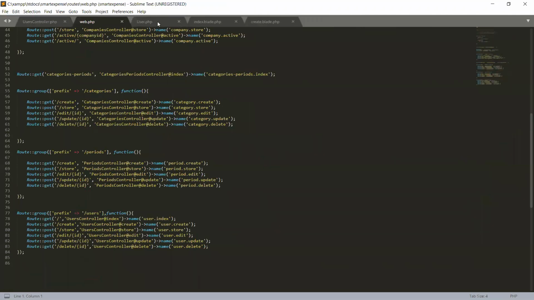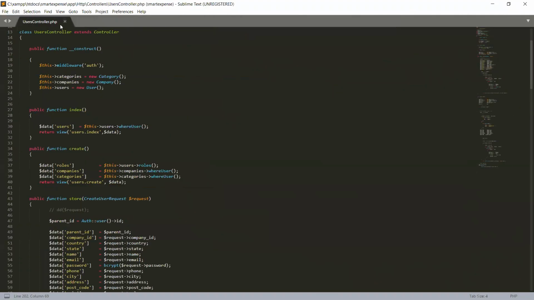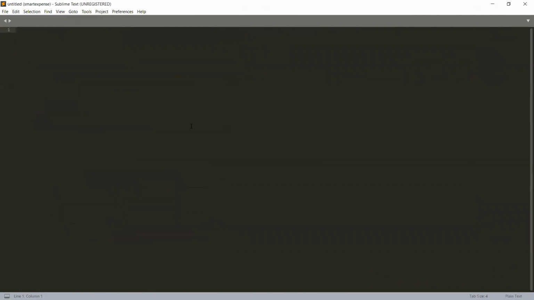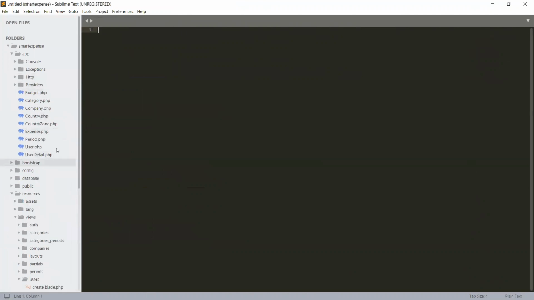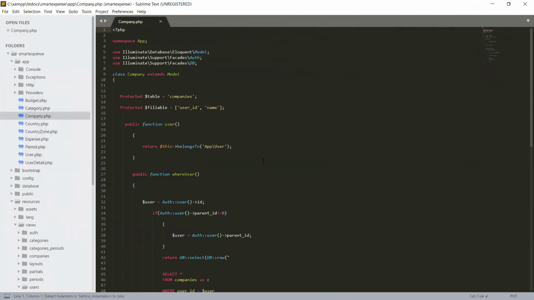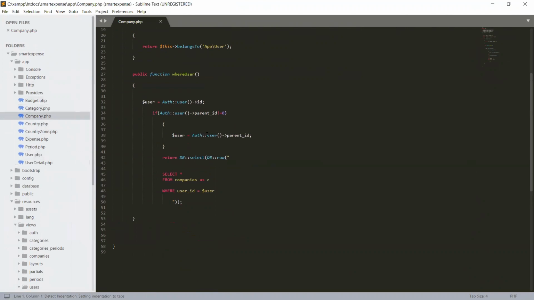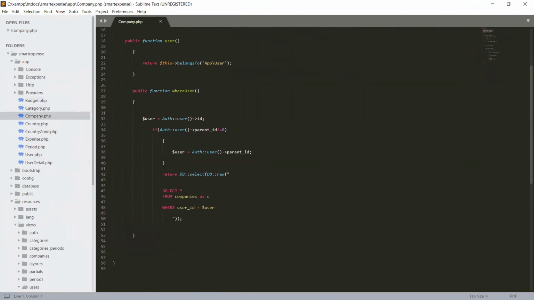Press Control P to open the sidebar, and let's open our company model. In the company model, we have a whereUser function that accesses the companies.